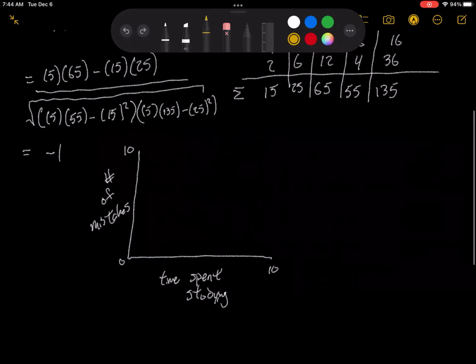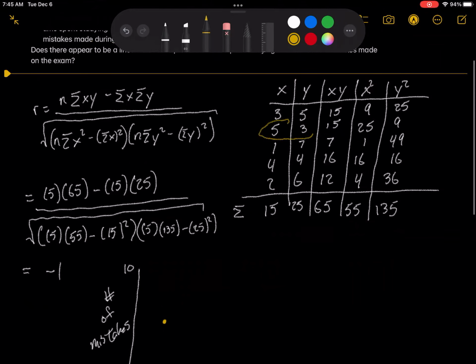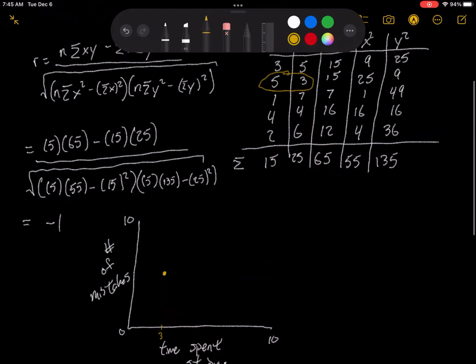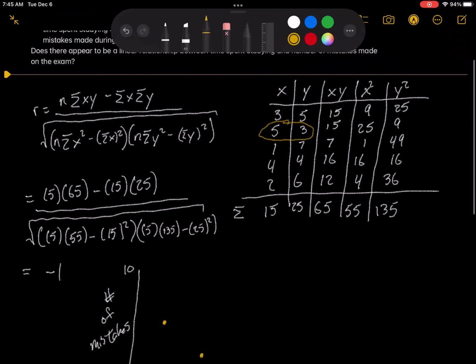So when x is equal to 3, you're going to make 5 mistakes. So I've got a point right there. The next point that I have, if you spend 5 hours studying, you make 3 mistakes. If I do this for all of them,